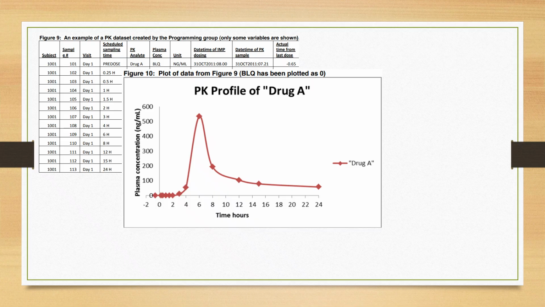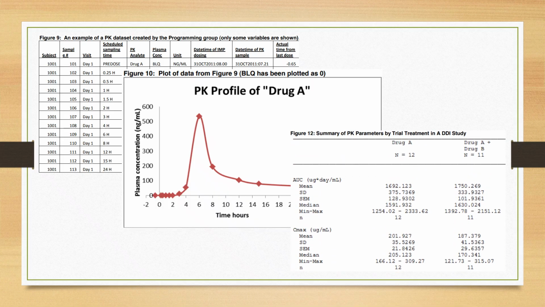So now when we talk about the PK dataset, the PK dataset is only capturing the plasma concentration based on the time points or the visit. But when you want to do any analysis, you will need the area under the curve, the Cmax, Tmax, C-through parameters for this plasma concentration. Normally, these parameters which we need to create the summary analysis